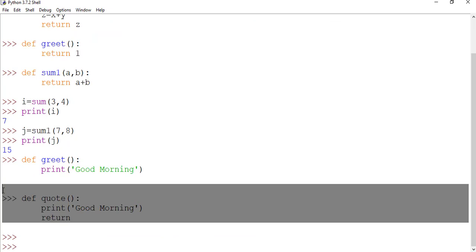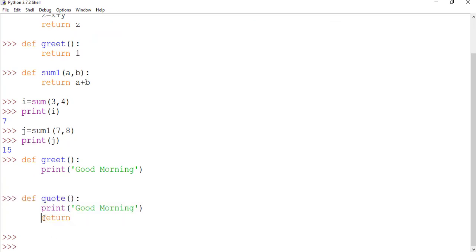This function is also a void function. Why? Because we have a return statement, but it is not returning any value. A value can be a literal, like this, a variable like this, or an expression like this. So it is not returning anything. And remember one thing: a void function does not return a value, but it returns a legal empty value in Python. What is it? None. So we can see that every void function returns the value None to the caller of that function.